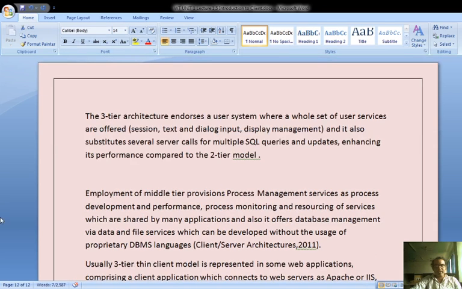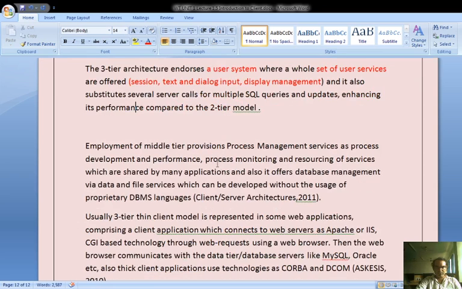The three-tier architecture endorses a user system where a whole set of user services is offered: session, text, dialog, input, display management, etc. And it also substitutes several server calls for multiple SQL queries and updates, enhancing performance compared to the two-tier model.